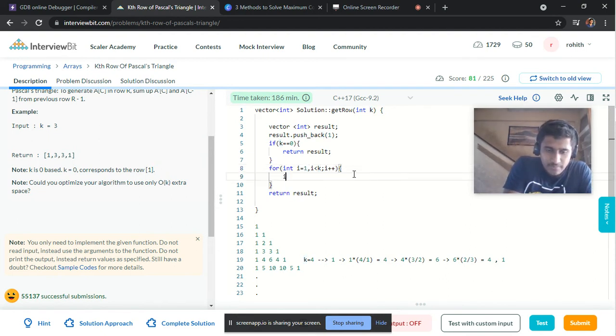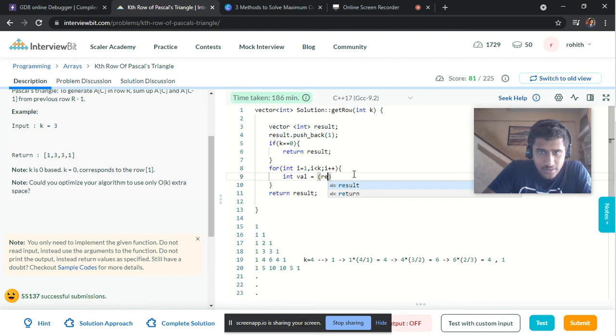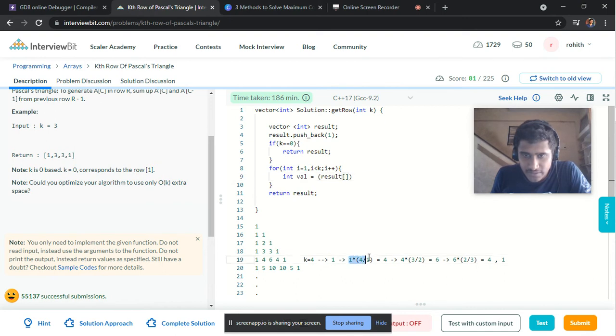I am considering the value to be inserted as int val equals to, which must be the already existing previous value from the result. For obtaining the second value we are taking the first value. So this must be result of i minus 1, which is being multiplied by k plus 1 minus i, if you can see.